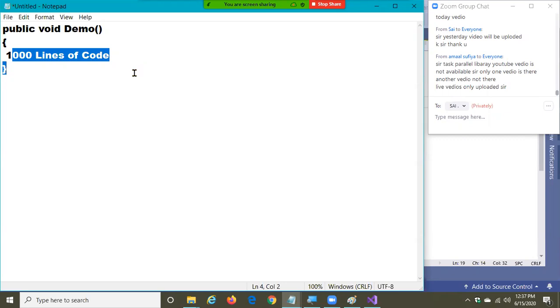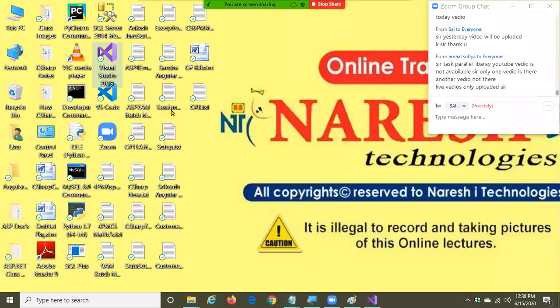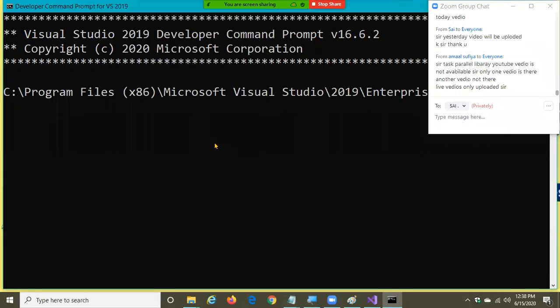In different scenarios, I'm writing the code for reprinting the values by using some loop. Means in this 1,000 lines of code only, I'm writing the code for reprinting the values in a loop. Okay, I'll show you a small example. Watch it.